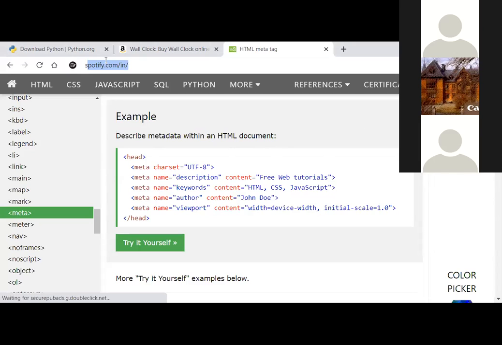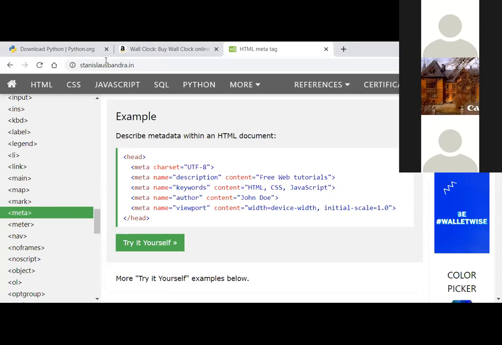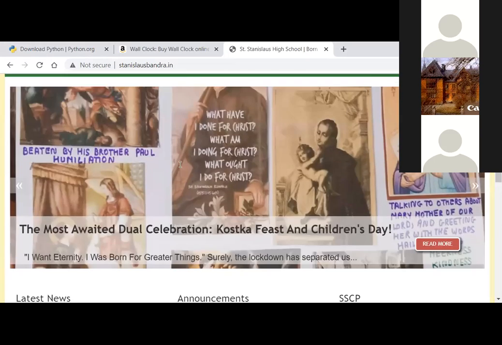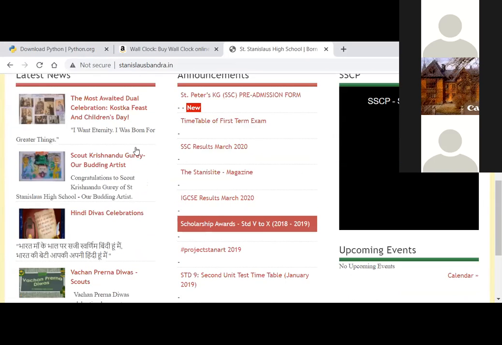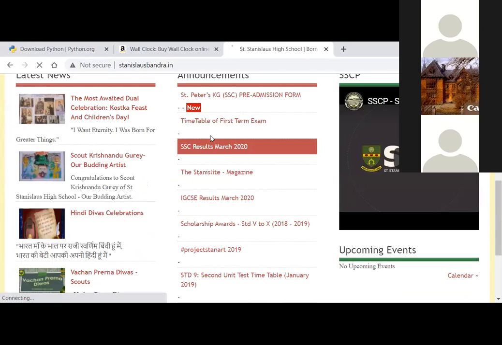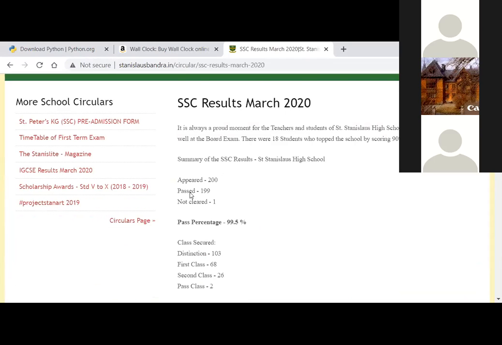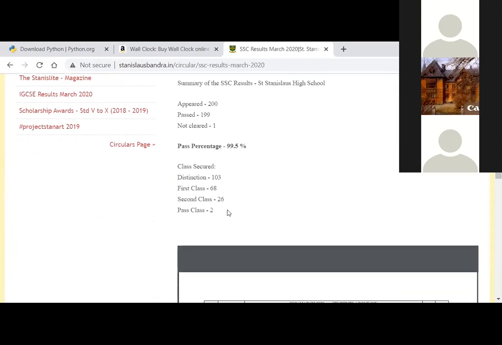Like if I go to StanishLaws.com, so over here, y'all see the content over here. Y'all can add links on your web page using HTML and CSS only. So over here, you don't have to send any messages to the hosting person, or else there's no such thing as a login system over here. You can just display the content.